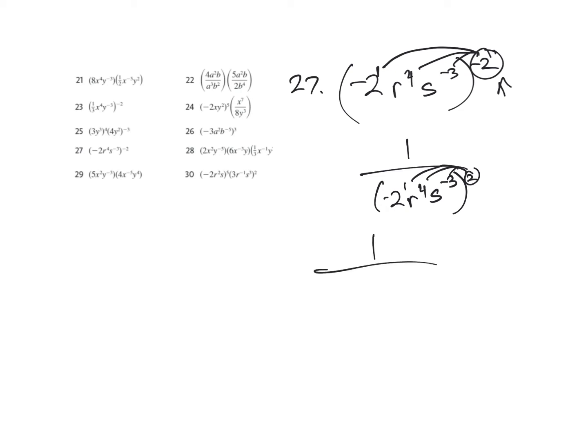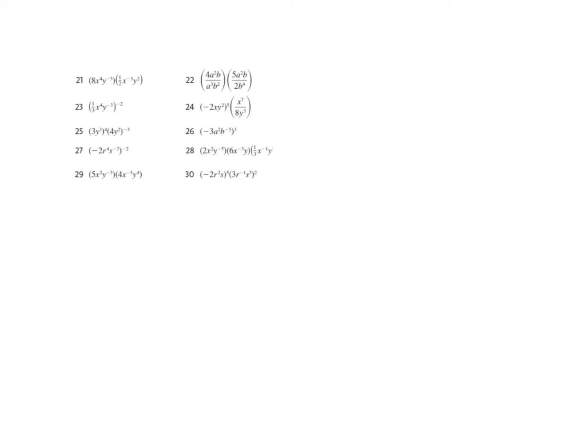And so now we have 1 over negative 2 squared r to the 8th s to the negative 6. So this positive exponent is going to make that negative go away. This negative exponent moves this up on top, s to the positive 6th. On the bottom we have a positive 4 r to the 8th. Okay, number 28